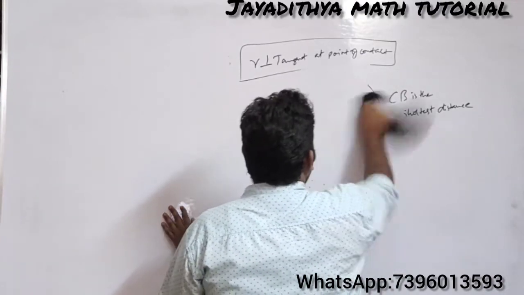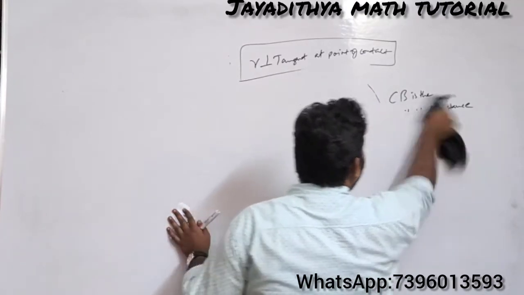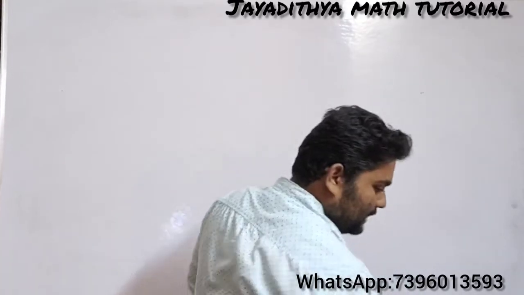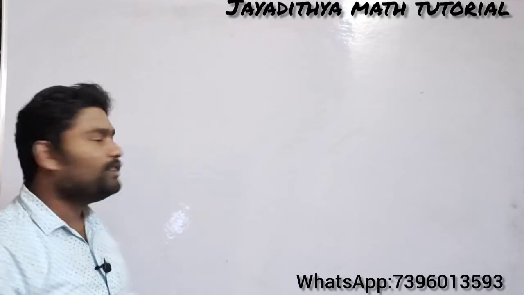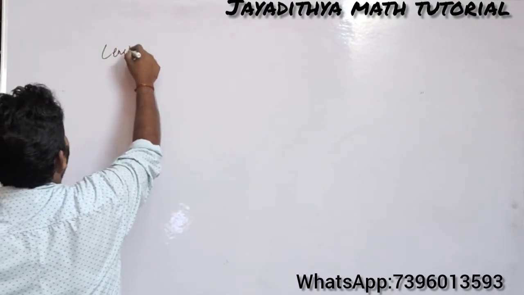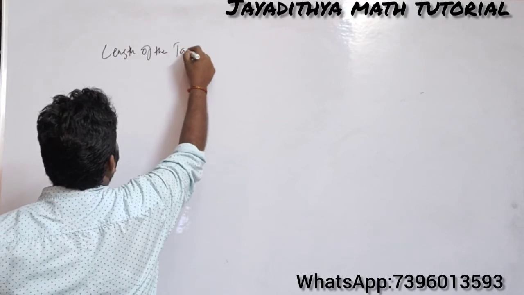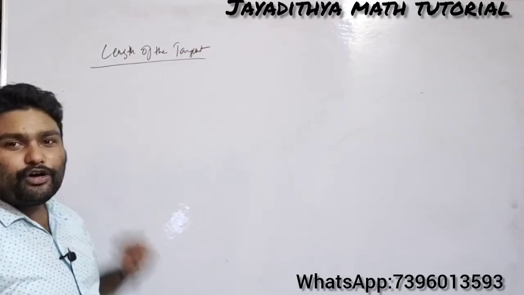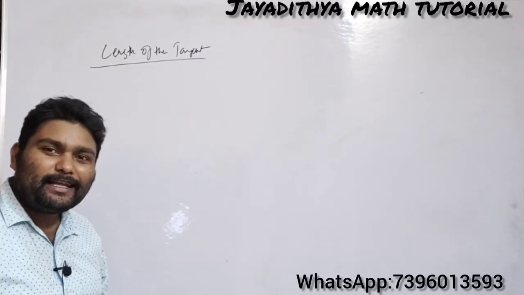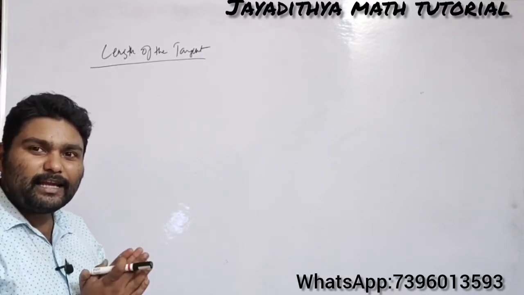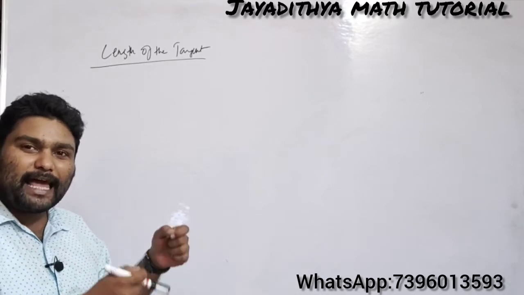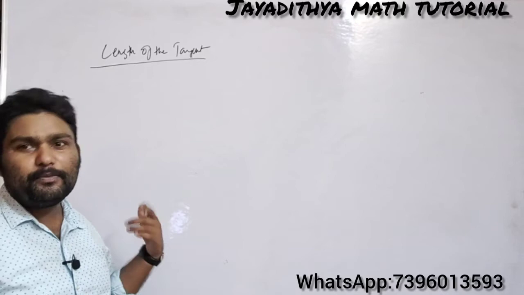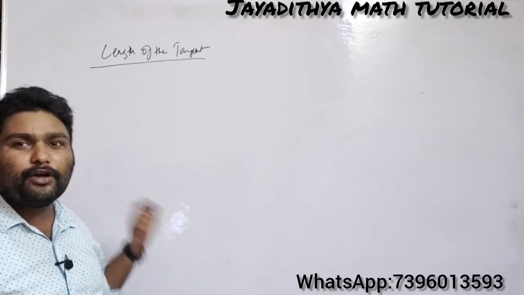Clear? Now let me draw a circle and a radius for that, and you should also know one more important concept, that is the length of the tangent. What is that? You should get a doubt here. Why? Because a tangent is a line, I told you. Can you find the length of any straight line? No, it's impossible, because the line goes on increasing in both directions. It can be extended in both directions. So can you find the length of a line here?